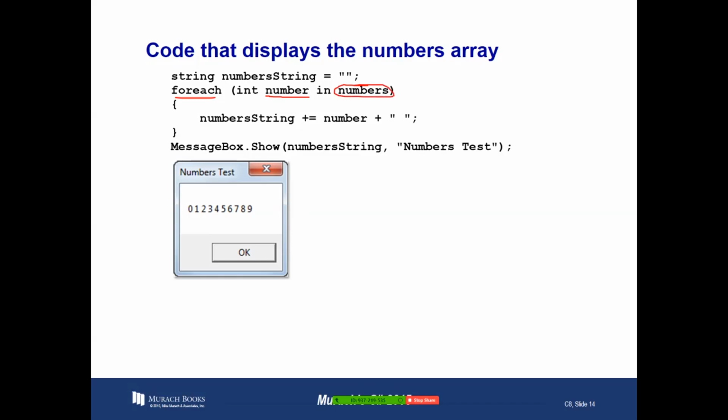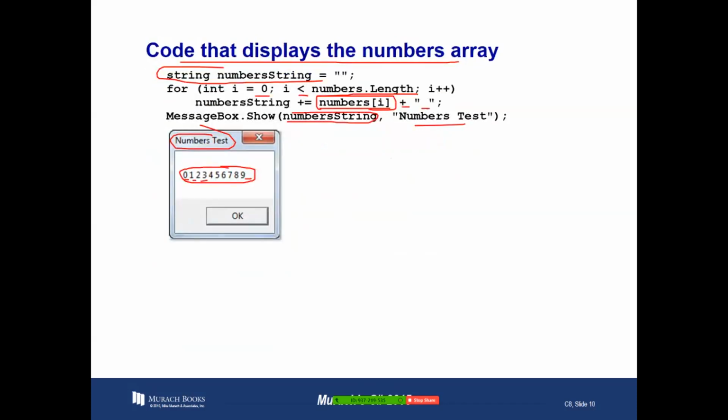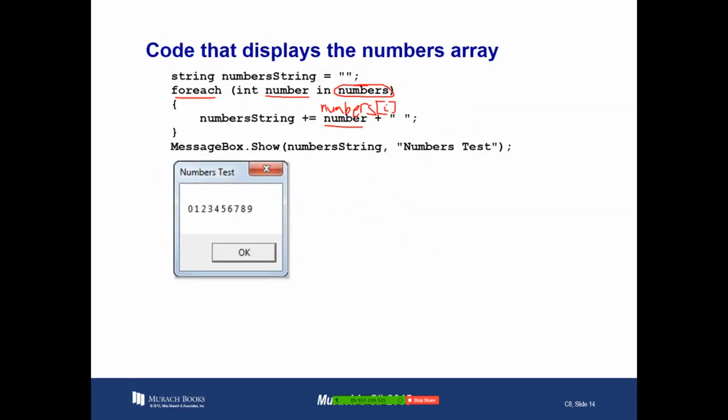So in the old way it would be numbers like this, and we would have an index, and maybe the index would be I. That's what we do back here, numbers[I]. So we use the name of the array, but indexed,